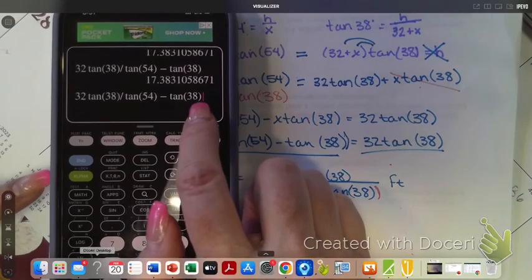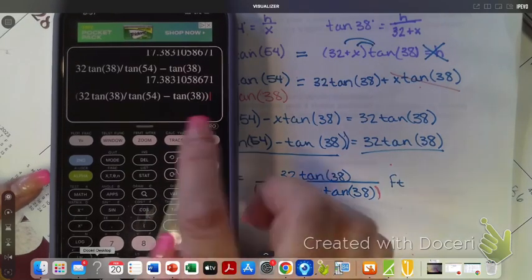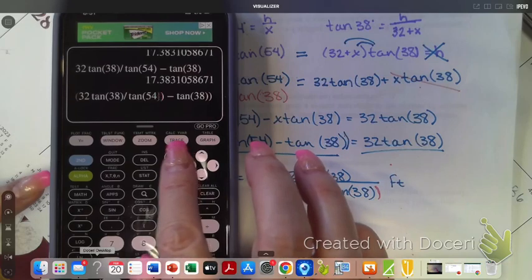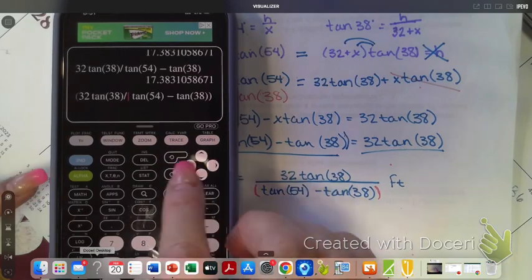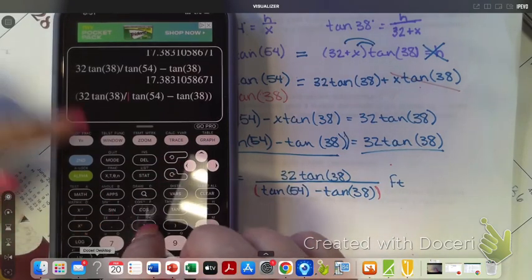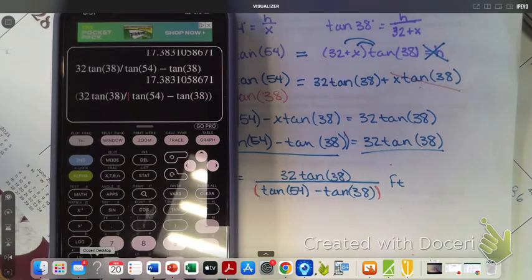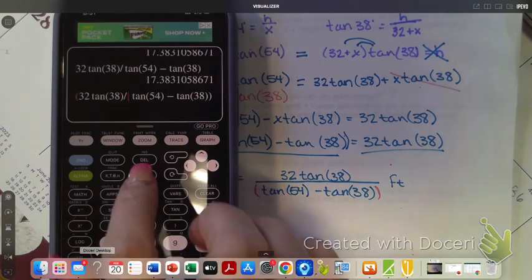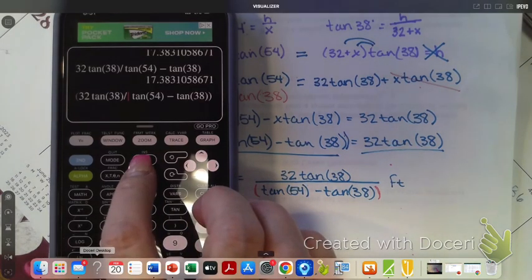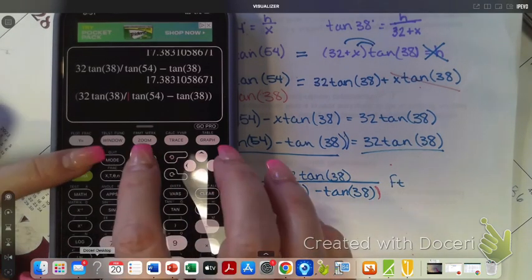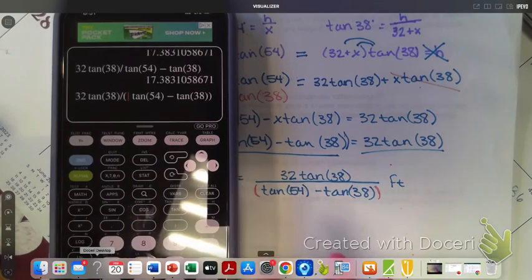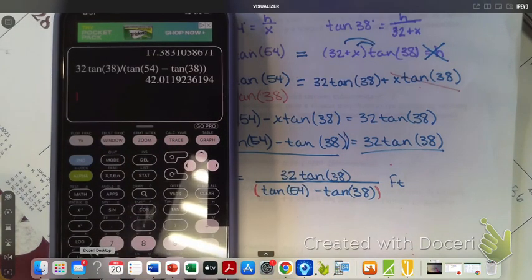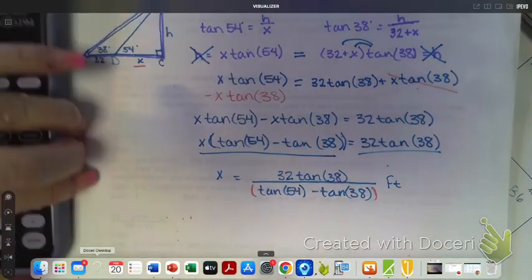Okay, so I'm going to put a parenthesis there. And then I'm going to come back over here and put one right here. If I just hit a parenthesis right now, it's going to go over it. It's going to delete it. I don't want it to delete it. I want it to insert it. Okay, so look above delete. What's INS mean? Insert. So second, delete, insert, and now I can do it. And now do I get the 42.0? Yes. Okay, so it is approximately